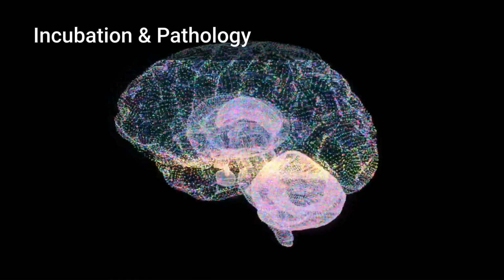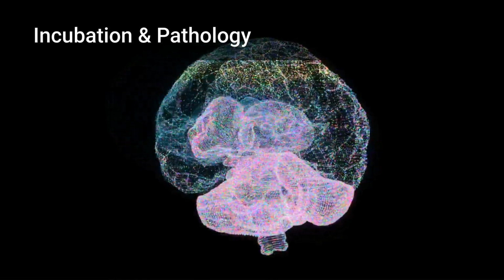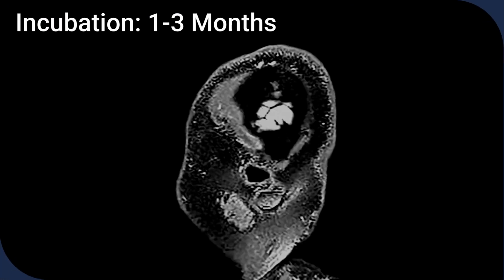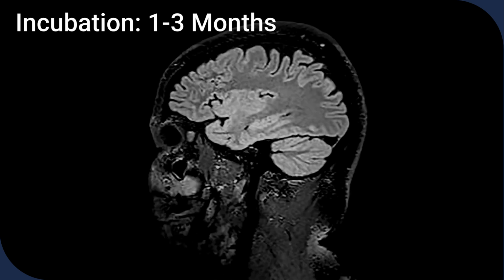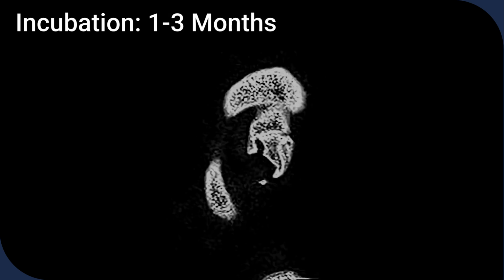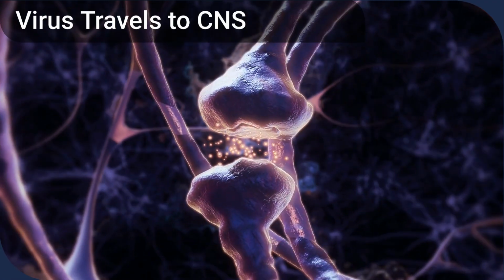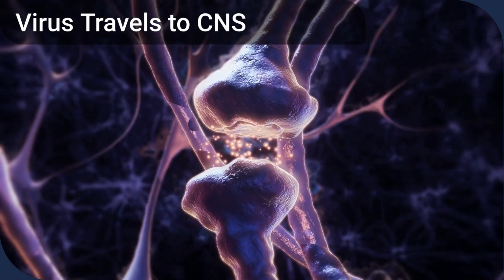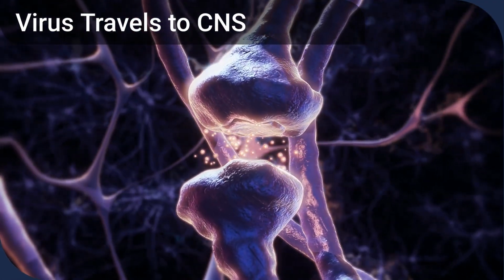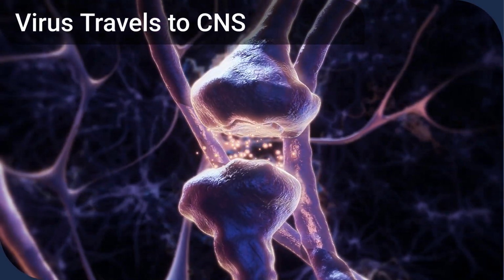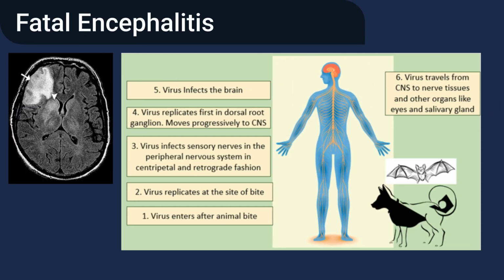The incubation period can vary widely, and the virus has a specific pathway to invade the nervous system. The typical incubation period is 1 to 3 months, but it can range from days to over a year, depending on factors like the bite location and viral load. After local replication at the wound site, the virus enters peripheral nerves and uses retrograde axonal transport to travel toward the central nervous system. Once it reaches the CNS, it causes encephalitis and neuronal dysfunction, leading to severe dysfunction and